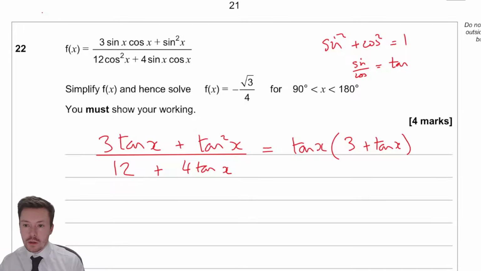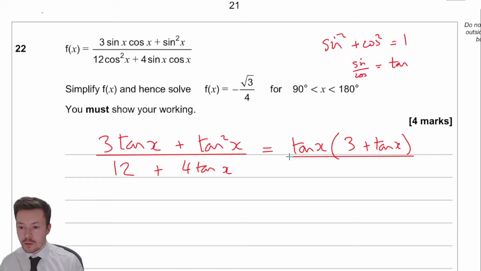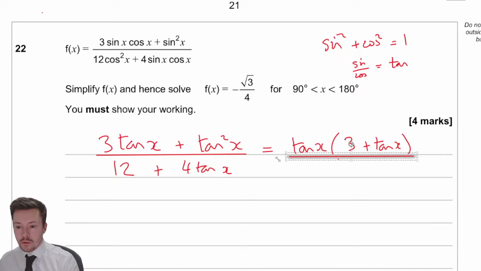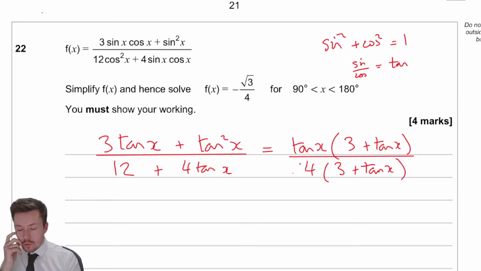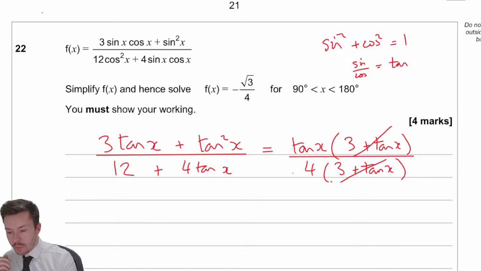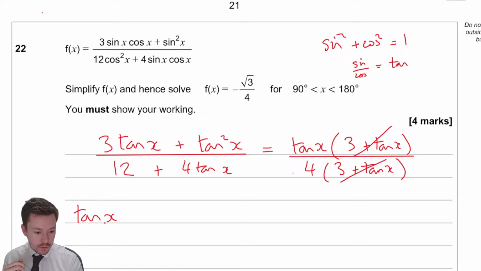Now from there, on the bottom, we can factorise out 4, and we are going to get 3 plus tan x again. Now, I can then cancel these brackets, and we're going to get tan x